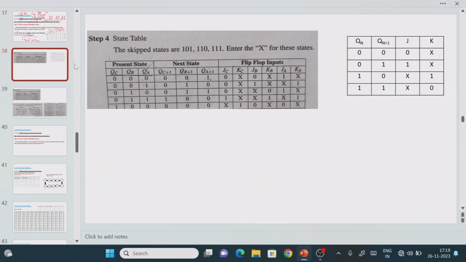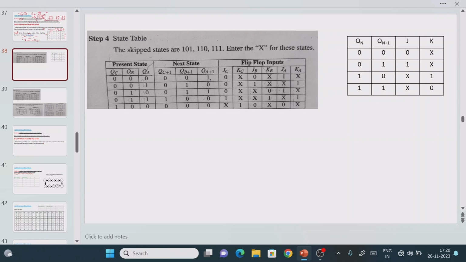Right? Now before finding the logic expression, what do we require? If you want to find the minimized logic expression, we require the K-map minimization technique, right? To implement the K-map minimization technique, min-term representation is required. So first we have to find the min-terms. After finding the min-terms, we can find the logic expression. That logic expression we can attach to the circuit diagram so that it becomes the synchronous counter.